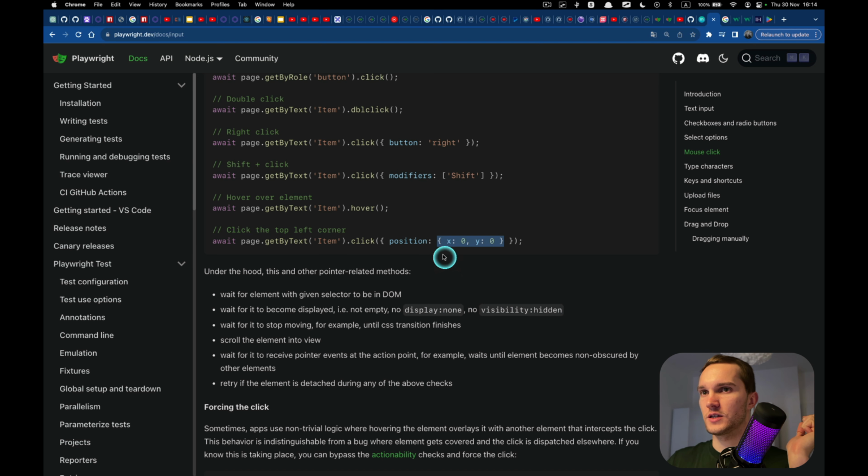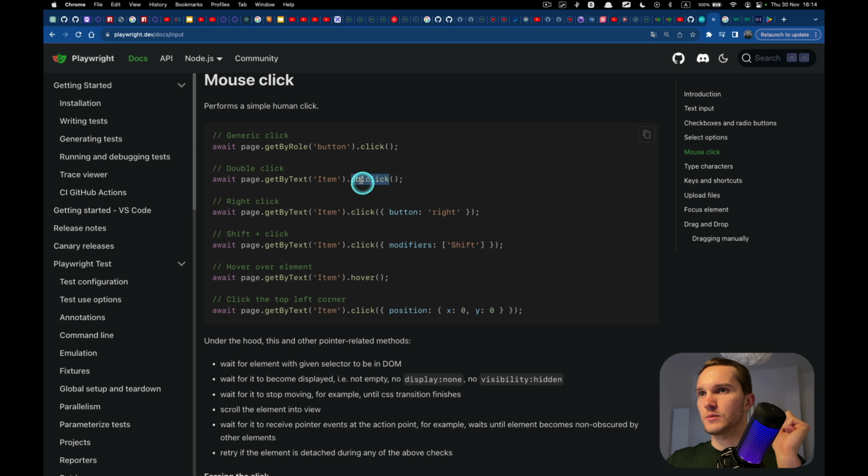So this would click on the top left corner of the element. So usually Playwright clicks in the center of the element, and if you want to click in some corner, some specific coordinate of the element, we have to specify X and Y position.